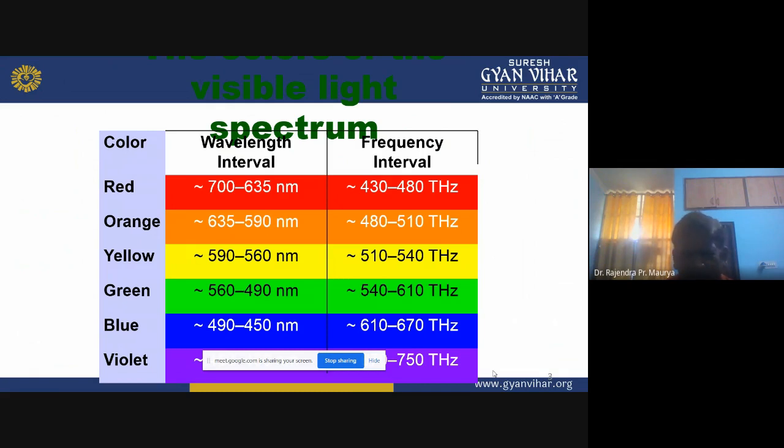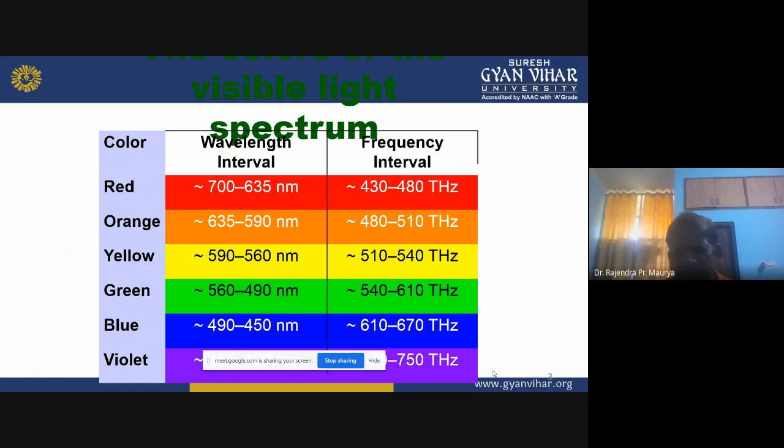Then yellow, 560 nanometer to 590 nanometers. Then green, 490 nanometer to 560 nanometer. Then blue, 450 nanometer to 490, and likewise the wavelength keeps reducing. That's why our sky looks violet in color, because violet color has the shortest wavelength.